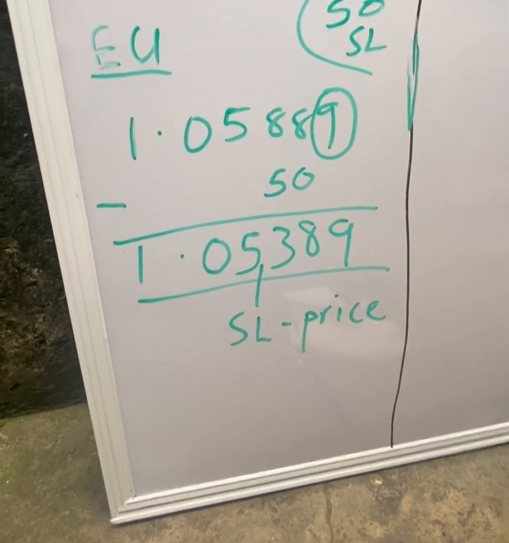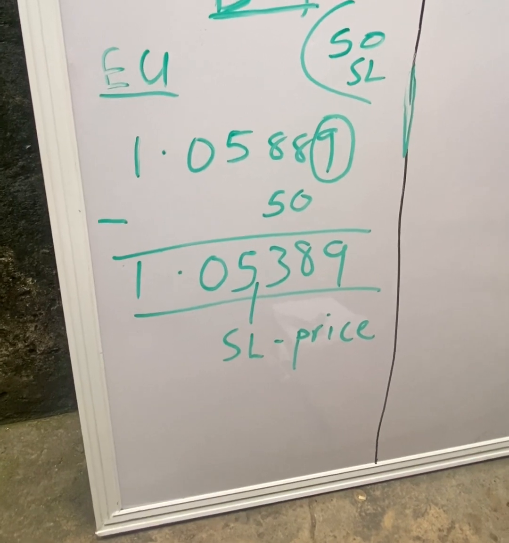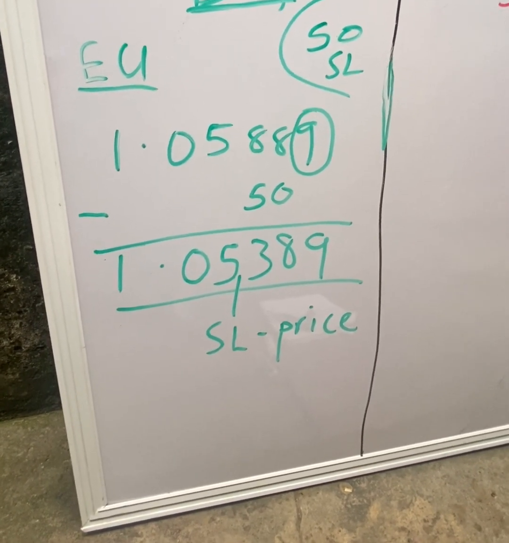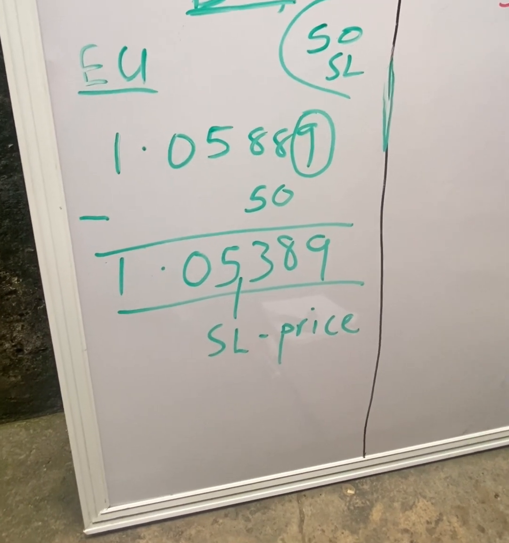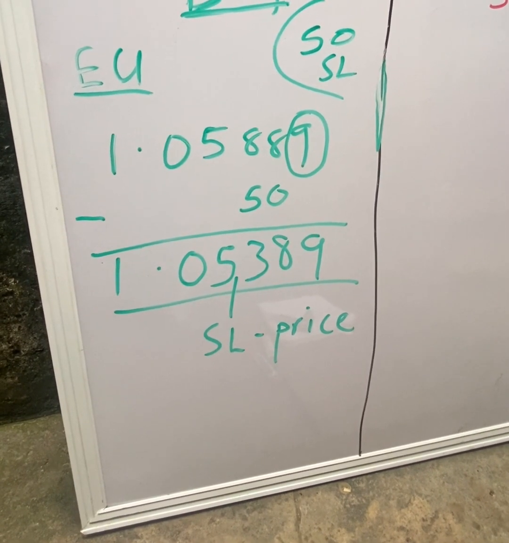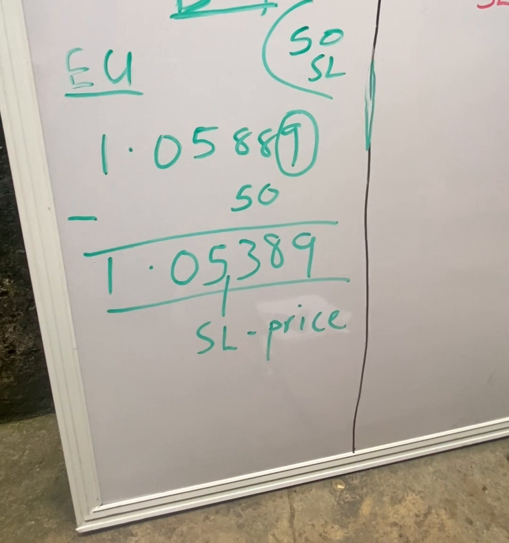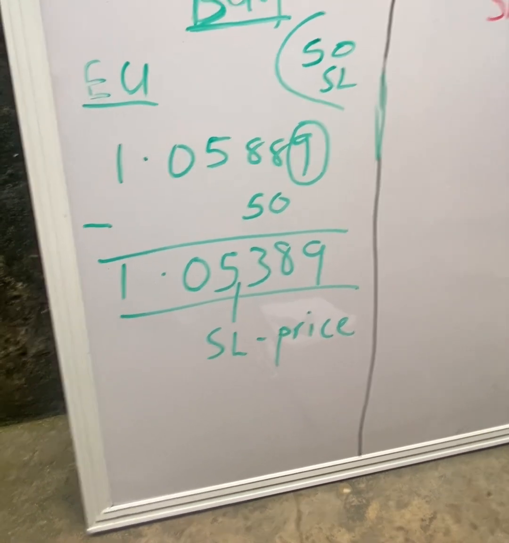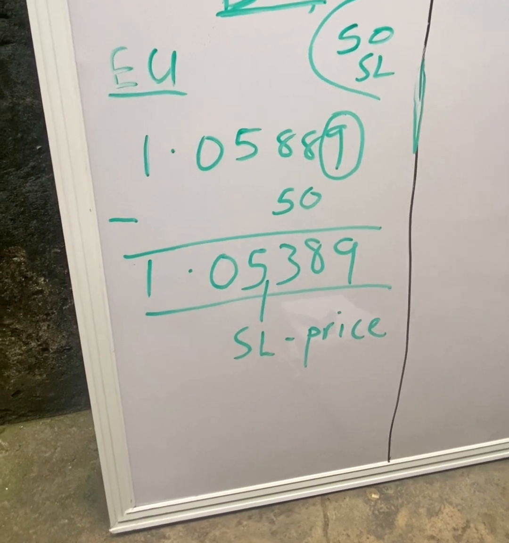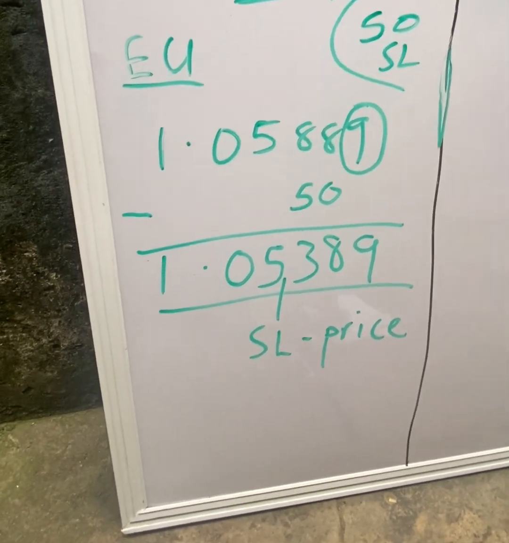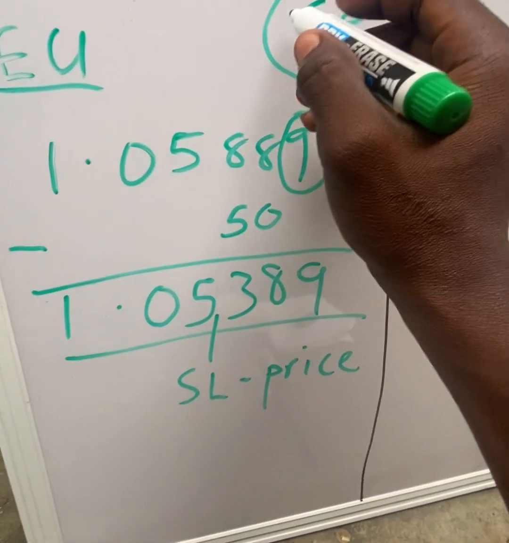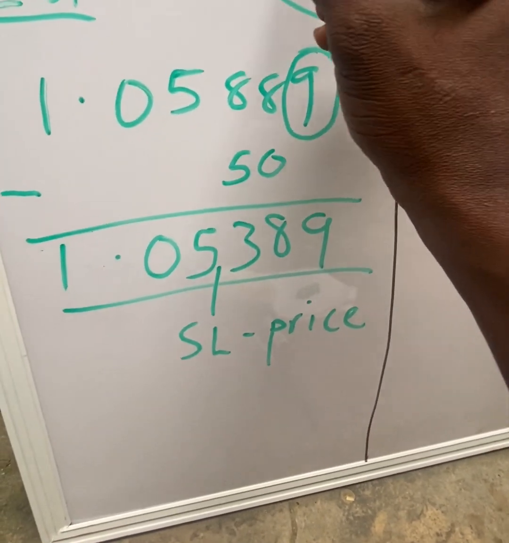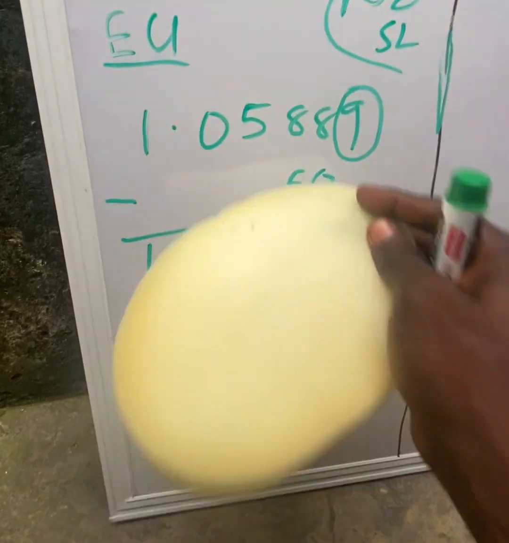Okay. So that's how you calculate stop loss when you are given a particular number of pips. Some might say 40 pips, some might say 20 pips stop loss, some might say 10 pips stop loss, some might say 100 pips stop loss. So assuming we are given a 100 pips stop loss, all we have to do is